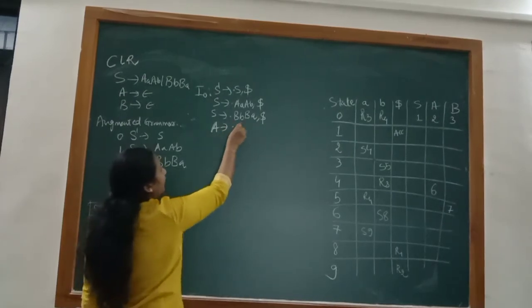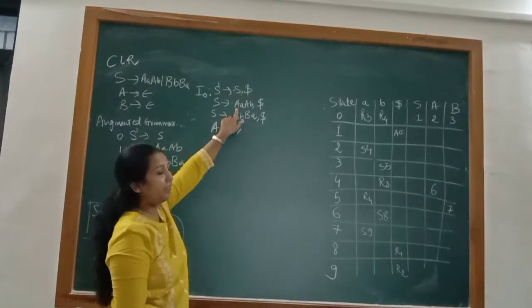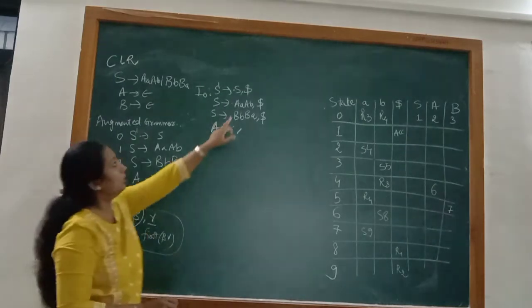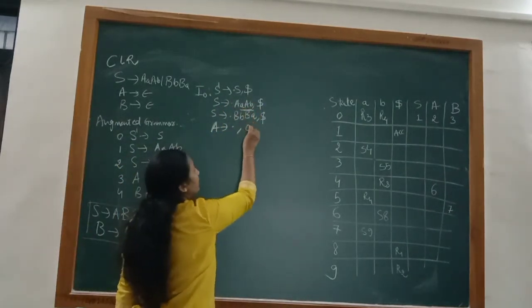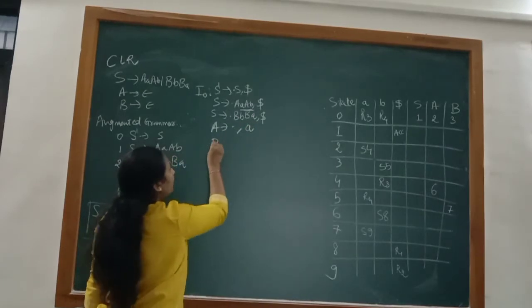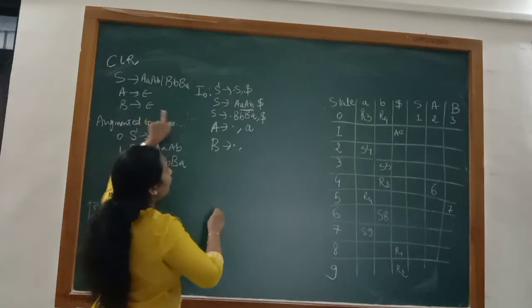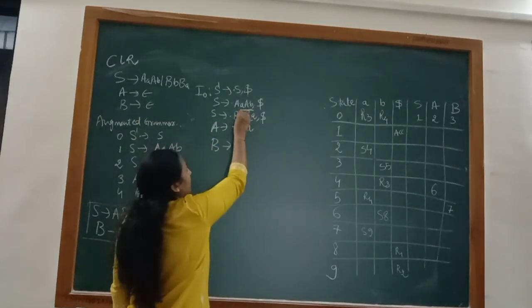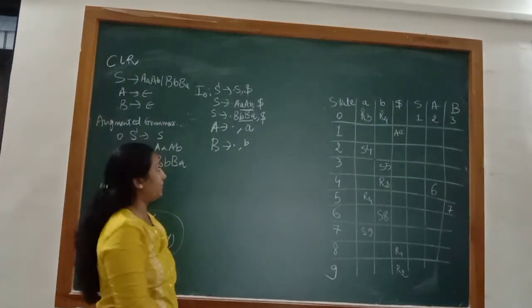Now over here we have to include the look ahead. So dot A. Again we have to follow this rule: the first of beta gamma. So the first of this is small a, so let's include small a. Now B2. Again the production is B2 null. So B2 dot. Calculate the first of beta a. So first of beta is small b, so include small b. Okay, this is my I0.